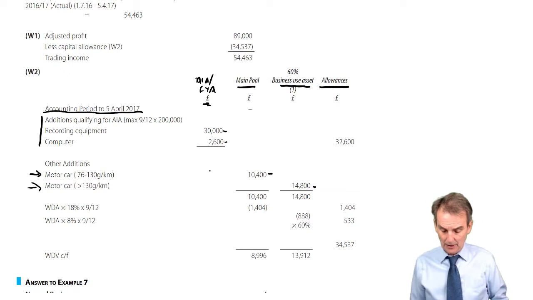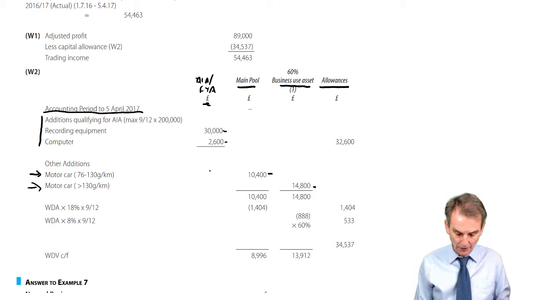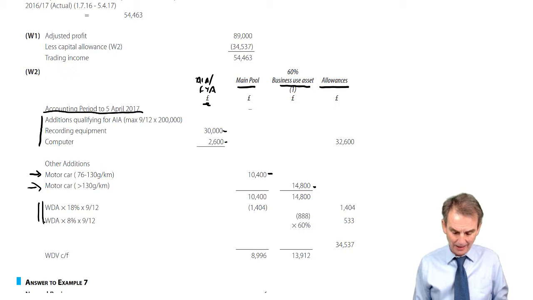The other car, with the private use by the proprietor, got its own column. We've done the AIA, now the writing down allowance. For the writing down allowances, of course, 18% and 8% respectively because of the difference in CO2 emissions there, but